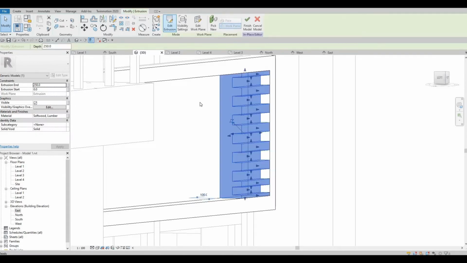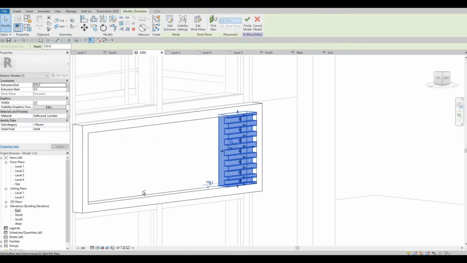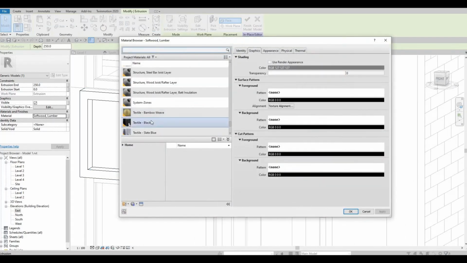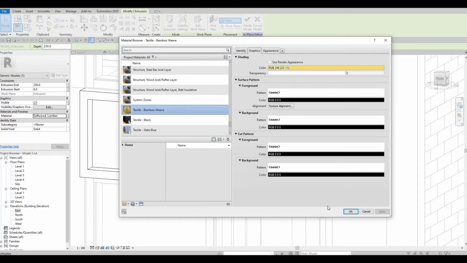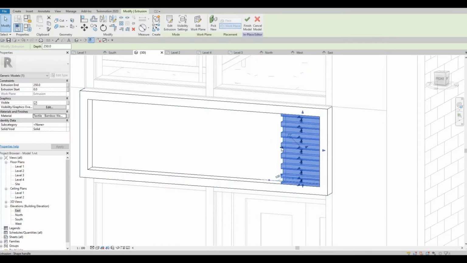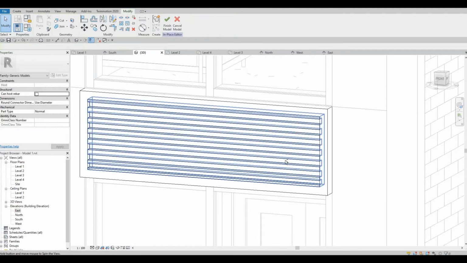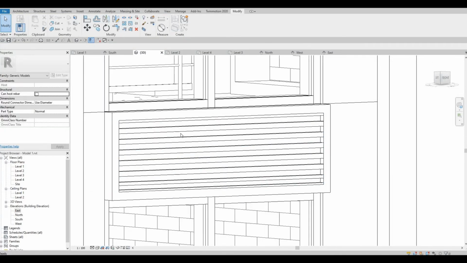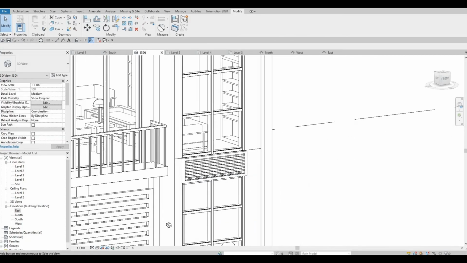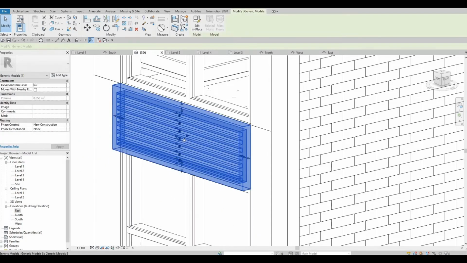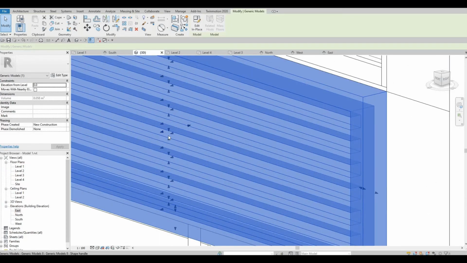Okay, so now let's click finish and change this one to bamboo weave. And then click finish. So just as something for a design,